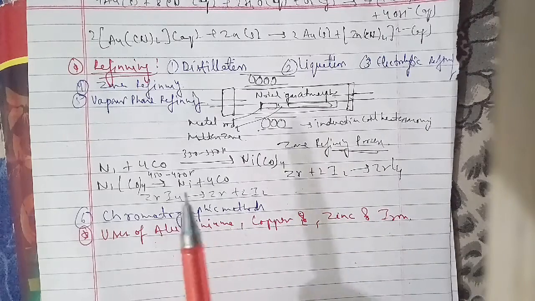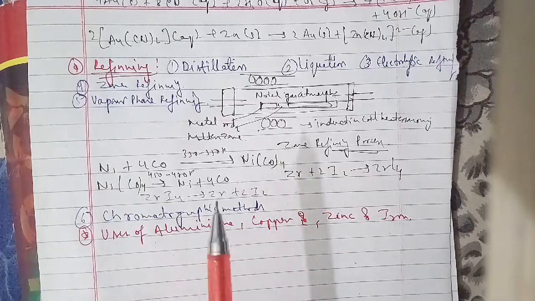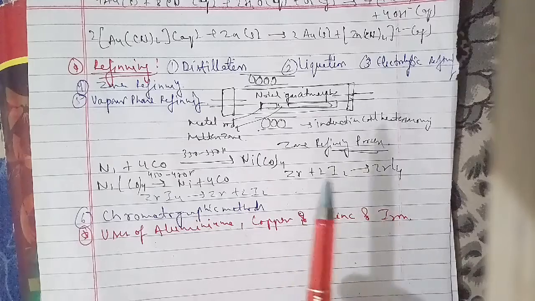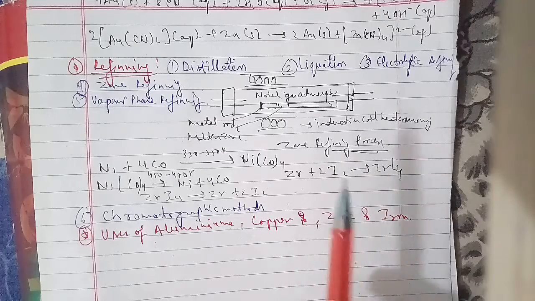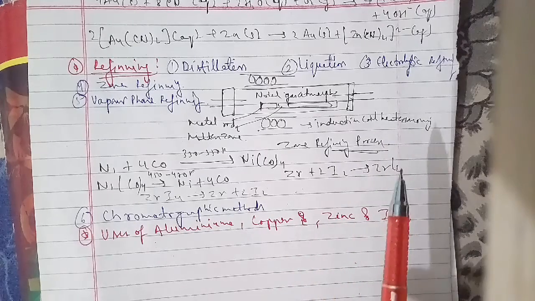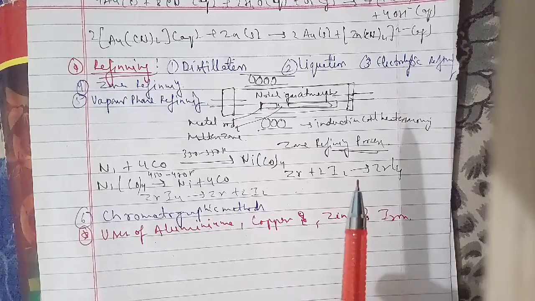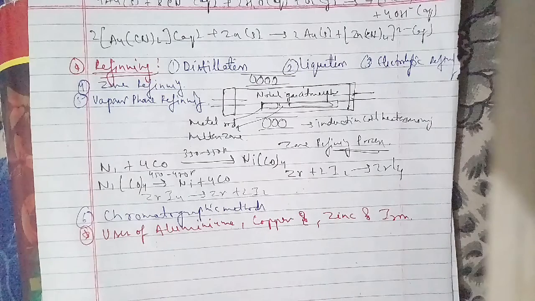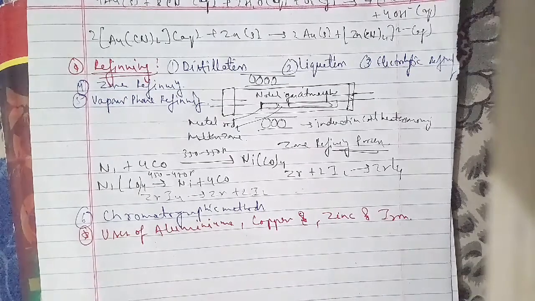Explain the common elements present in the anode mud during electrolytic refining of copper. Why are they present? Write down the reactions taking place in the different zones of the blast furnace during the extraction of iron. Write the chemical reactions taking place in the extraction of zinc from zinc blende. State the role of silica in the metallurgy of copper. What is meant by the term chromatography? What criteria are followed for the selection of the stationary phase in chromatography?